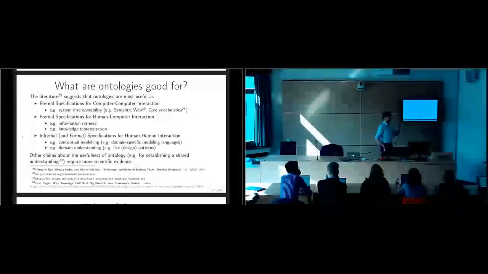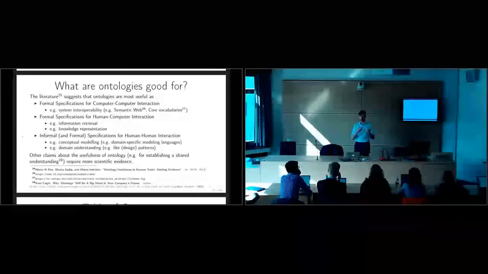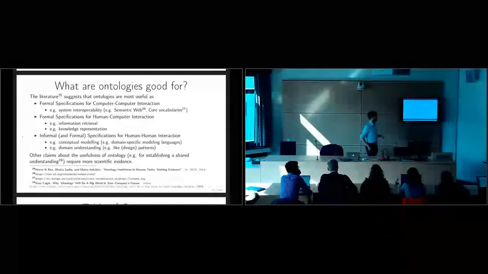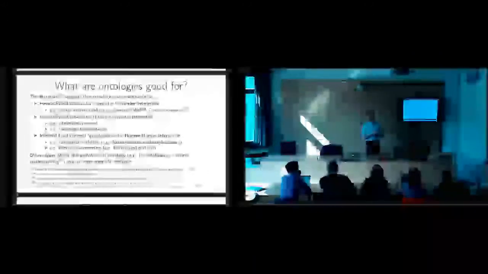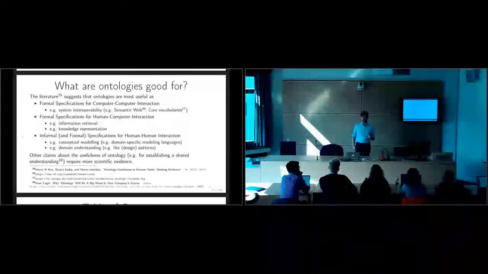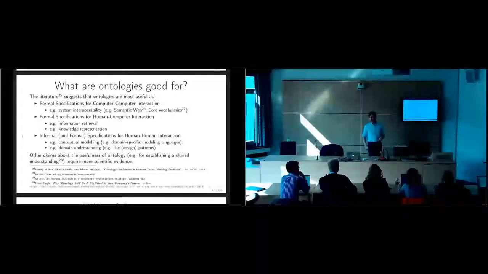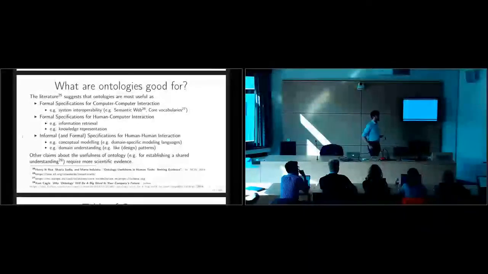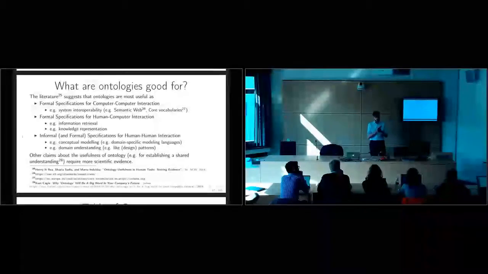Why? Because computers don't have conceptualizations. They use sign systems, and they combine formal symbols into new symbols and so on. So having a shared sign system is very useful for establishing system interoperability. Systems that use the same words can communicate with each other quite easily. So then we have the semantic web as an application, we have core vocabularies as an application, formal specifications or